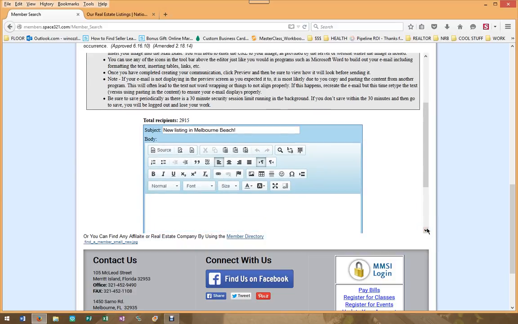Now feel free to add any kind of text, hyperlinks. This is a rich text editor, which a lot of you may be familiar with. Again, this can be very robust, but for our purposes only, I'm just going to show you how to embed a photo. Now to do so, click on this little image icon,